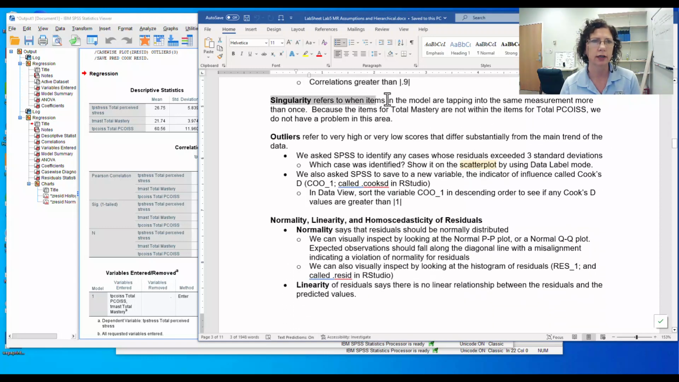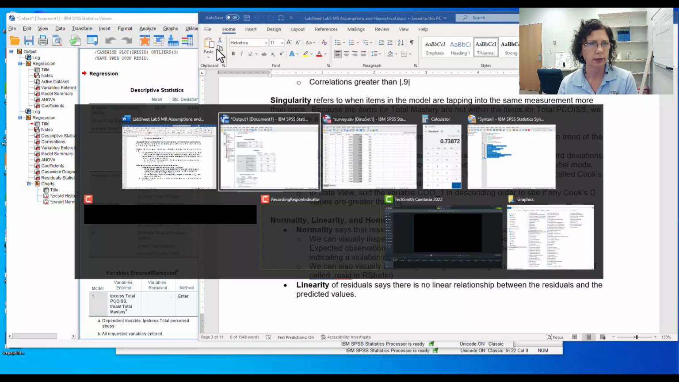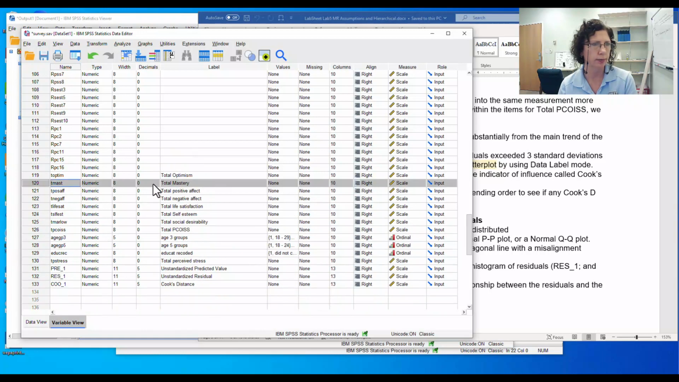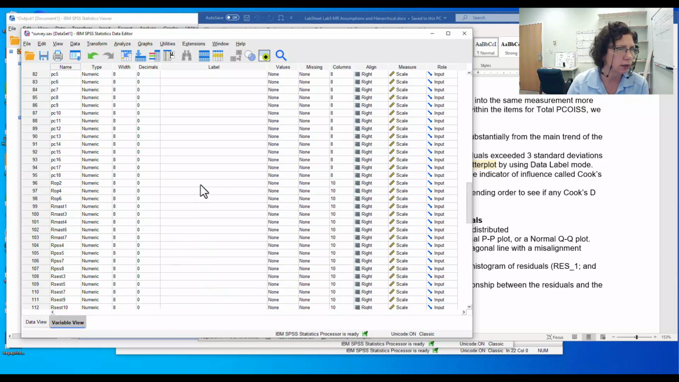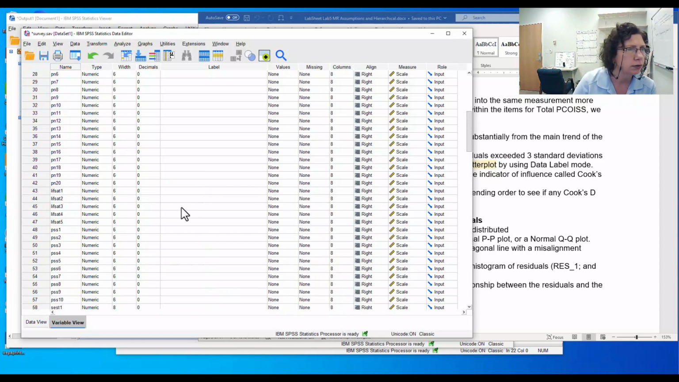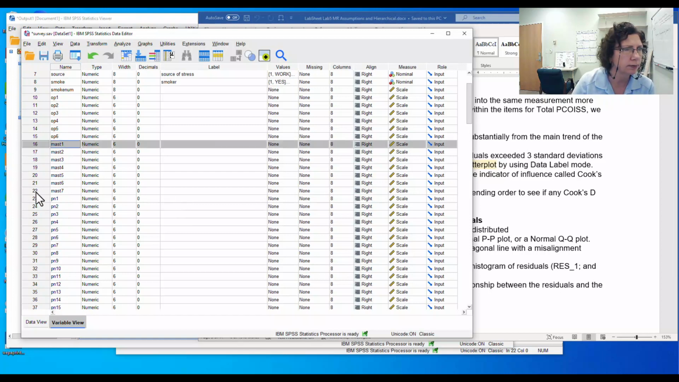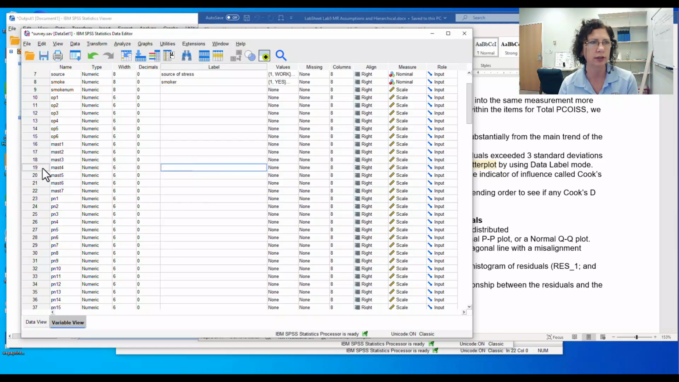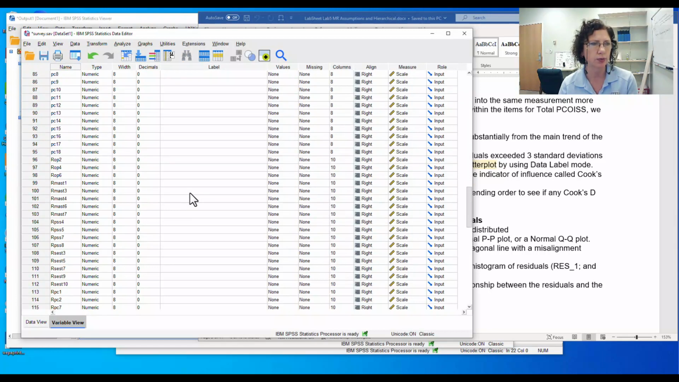Now, singularity refers to when the items in the model are kind of getting double tapped. Let me show you what I mean. When we look at the variable view here, and see how total mastery is made up of, there we go, all of these. So these 7 items, mask 1 through mask 7, are the items that went into the scale of total mastery. If I had these items in the regression with total mastery as well,